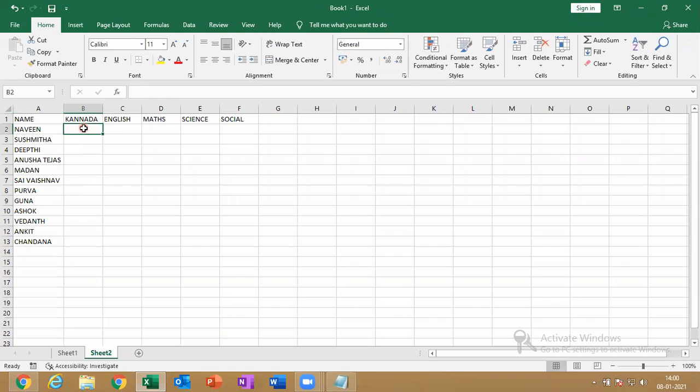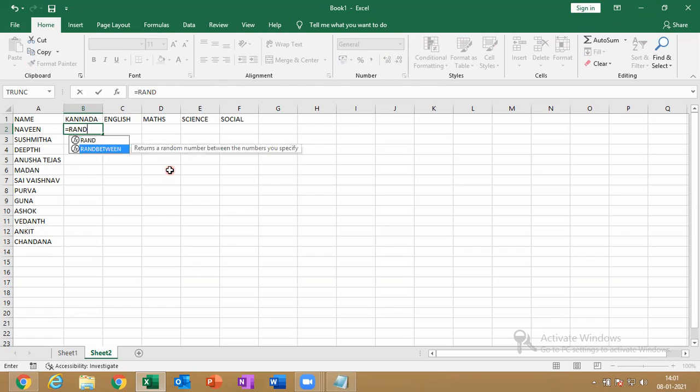Okay, so just listen to me. We are going to use a function here, just temporarily. Formulas will be taught in the formula tab. As of now, to generate some random numbers, that means subject marks, we are going to use a formula. The formula name is RANDBETWEEN. Whenever you start a function, you always have to start with either plus or equals. So I'm going to start with equals. Just type RANDBETWEEN.